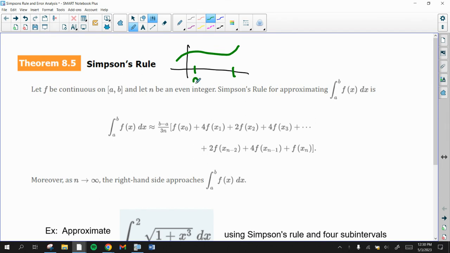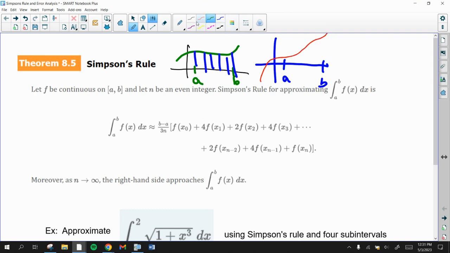an integral from a to b, and you'll partition it into so many subintervals, and you can use left bound, right bound, midpoint Riemann sums, or you can use the trapezoid rule. And let me make a better picture here so we can look at it a little better. So with trapezoid rule,